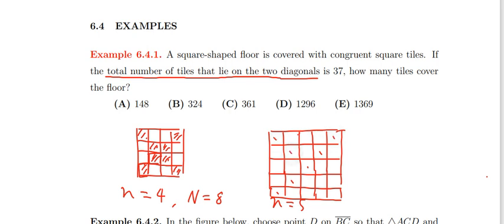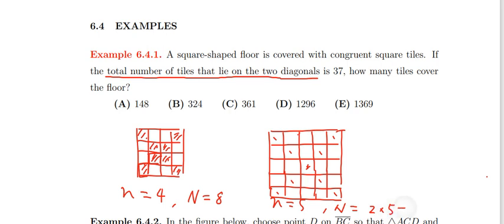And this, okay, 5. But here, this one is overlap. So in this case, it is not 2 times 5, actually